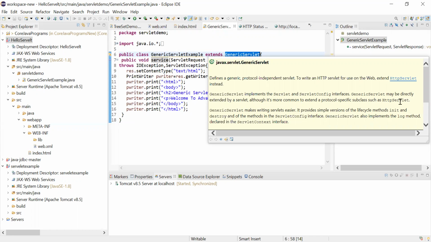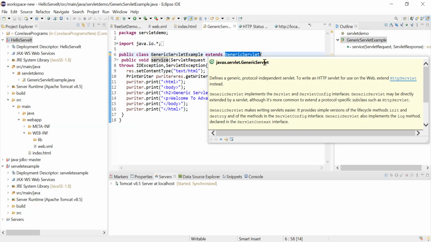You got it now? If you want to use HTTP related stuff, you have to use HTTP servlet. But if you are going beyond protocol independent, then you have to use generic servlet, he is explaining. The generic servlet is actually an abstract class.